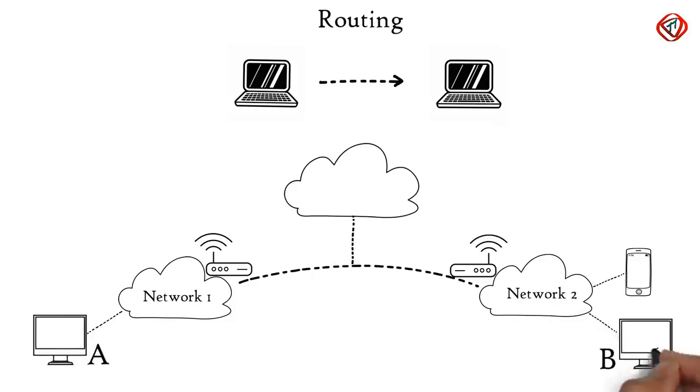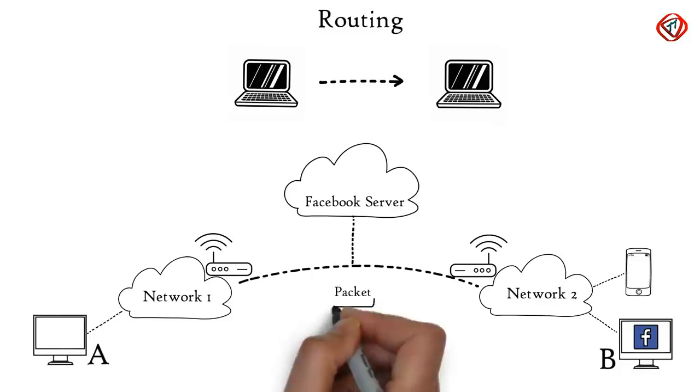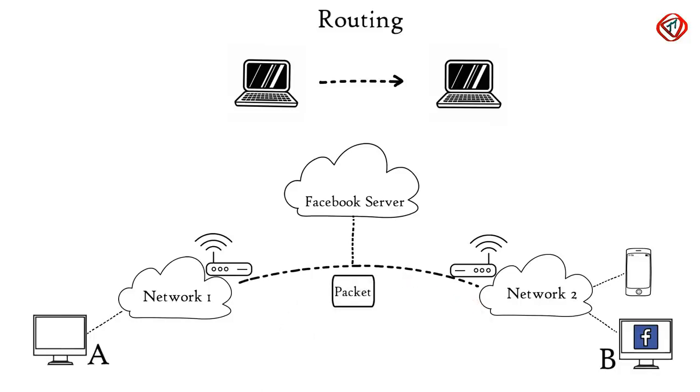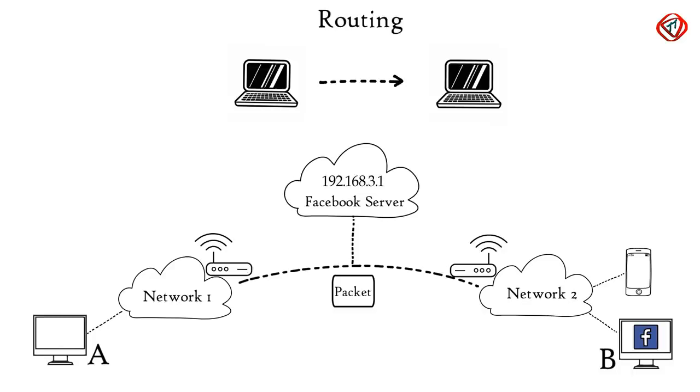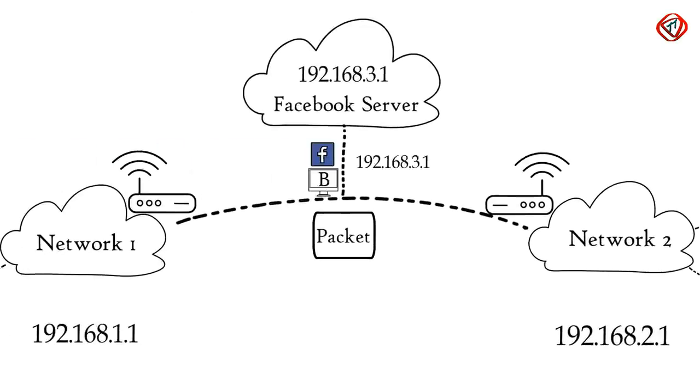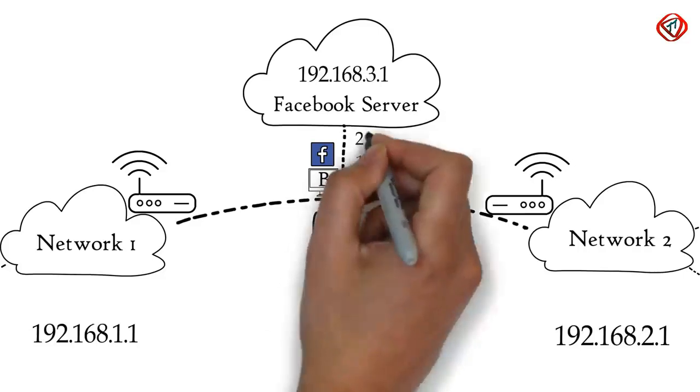From computer B, we have requested to access facebook.com, and now there is a reply from Facebook server for computer B in the form of packet. This packet needs to be delivered to computer B only. Since in a network each device has a unique IP address, so these both computers will be having a unique IP address as well. Network layer of the Facebook server has already added sender and receiver's IP address in the packet. Suppose mask used is